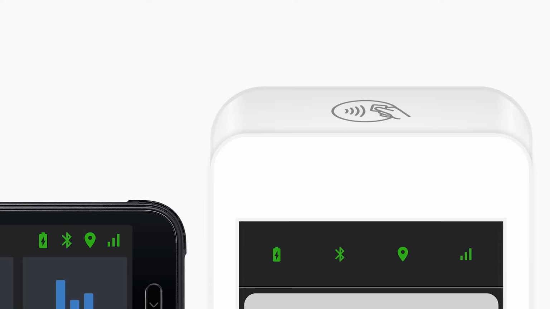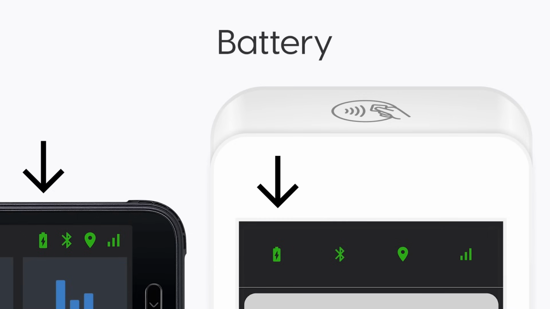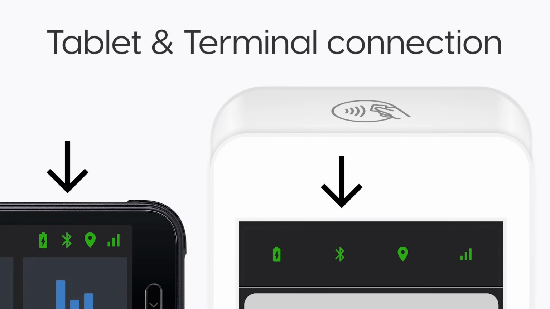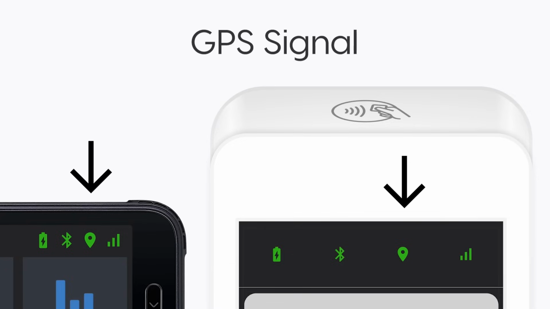Once you have powered on and logged into both devices, take a moment to observe the status bar on your tablet and terminal. This is found at the top of the screen on both devices. This icon indicates the terminal's battery charge. This indicates the terminal and tablet connection. This indicates GPS signal.